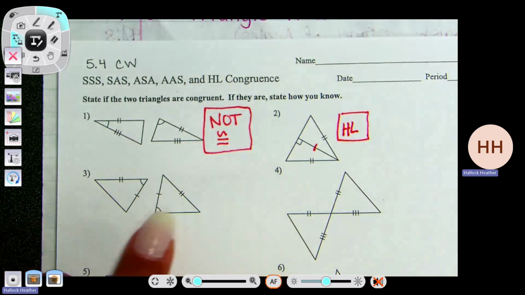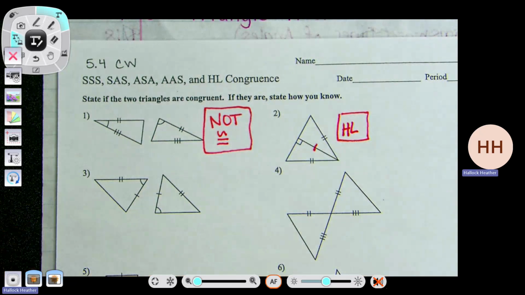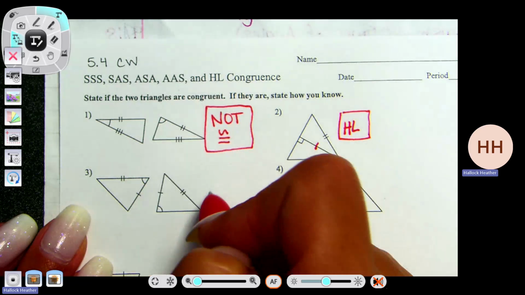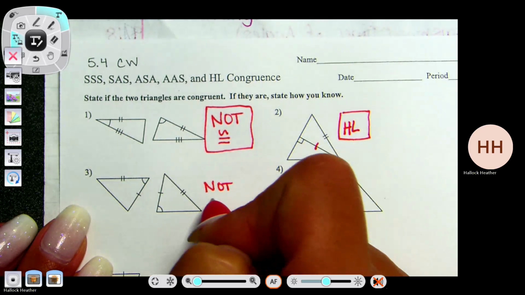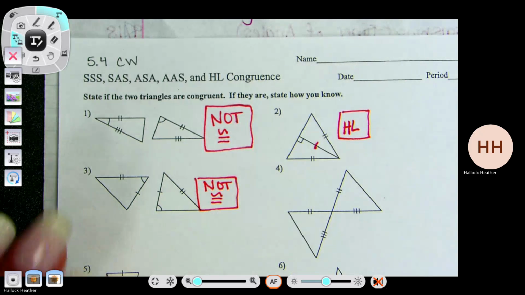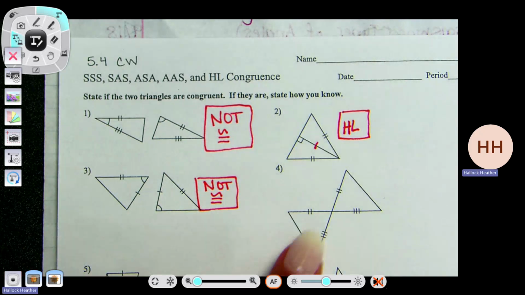So take a second look at 3 and 4 real quick. See if you can figure out 3 and 4. What's number 3? Not congruent, because they're not even the same. Number 4,